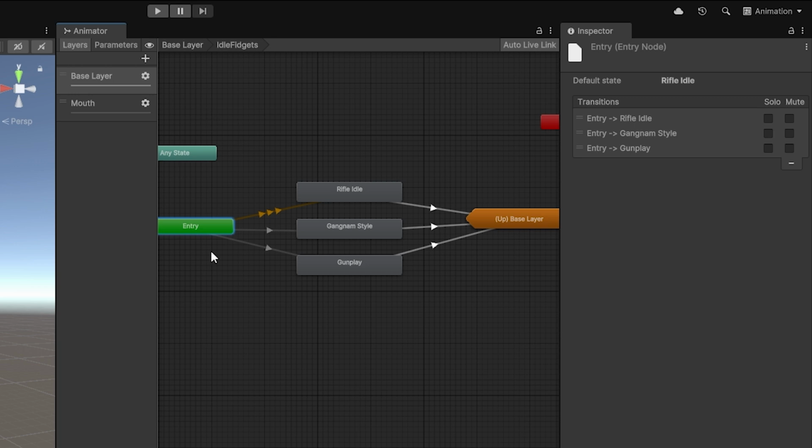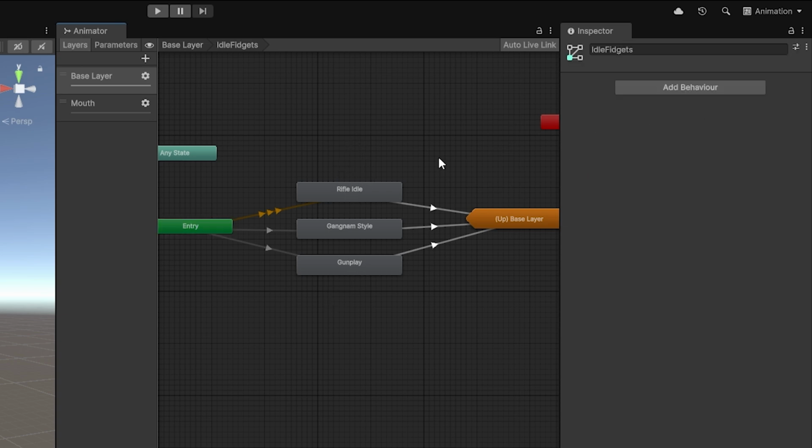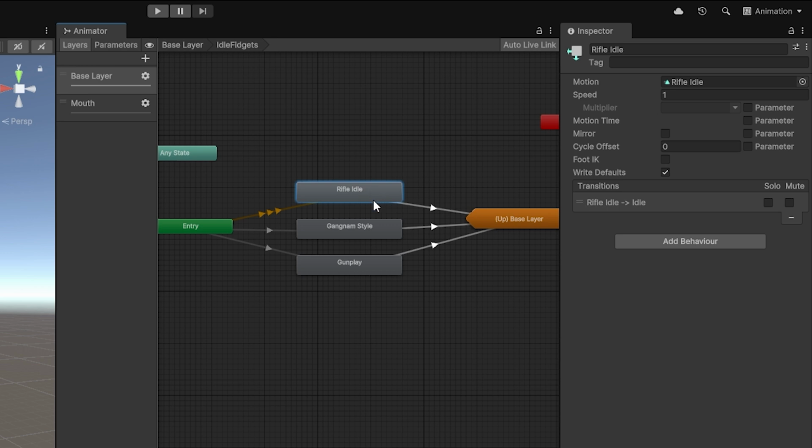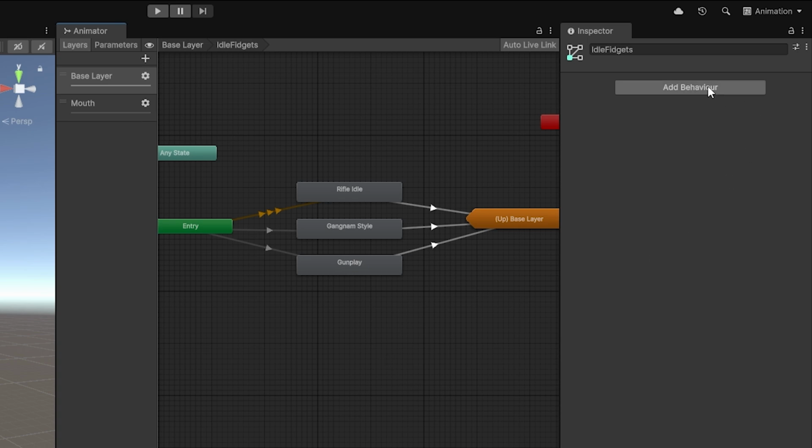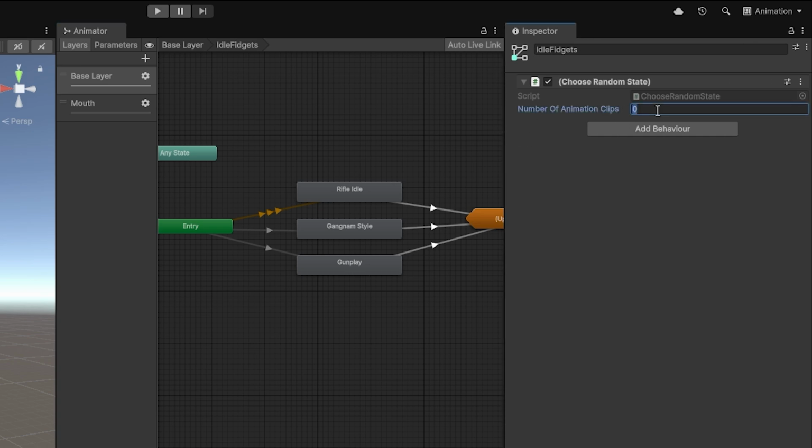Okay, so now when we come into this state machine, it's going to branch off into one of these animations, and how we're going to choose which one is using an animation behavior that's not on a specific state, but it's on this state machine itself. So if we click the background of the state machine, we can still add a behavior, and we're going to choose type random. I'm going to say choose random state. Now all we have to assign in here is the amount of animations that we've got. So we've got 3 animation clips,